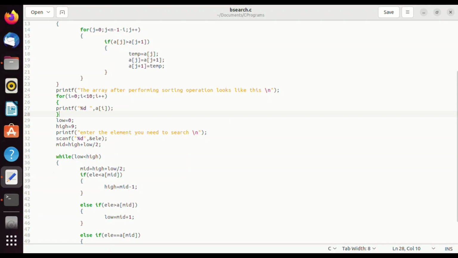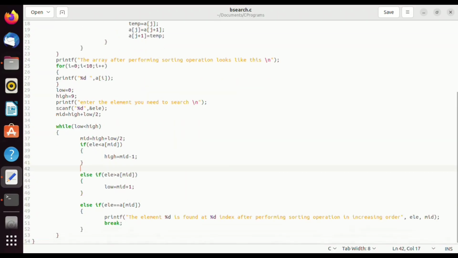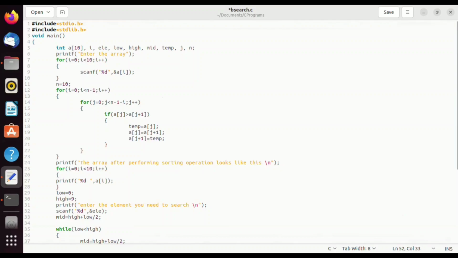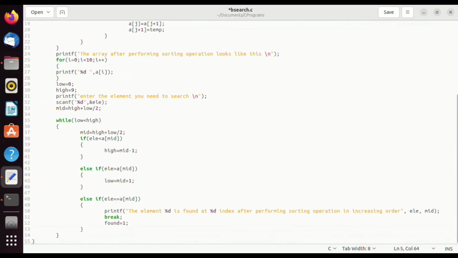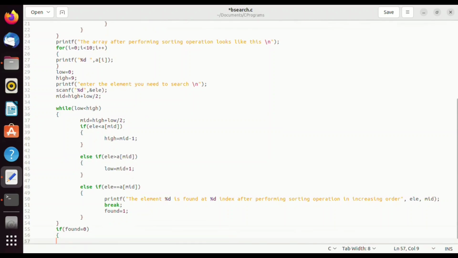Right. So what if the element does not exist? What if the element is not there? What do we need to do then? That means we can take a variable known as the found variable. We are marking that 1, and we are changing it over here. We declare found equals to 0, and at the end we check after the while loop: if found equals to 0, that means printf